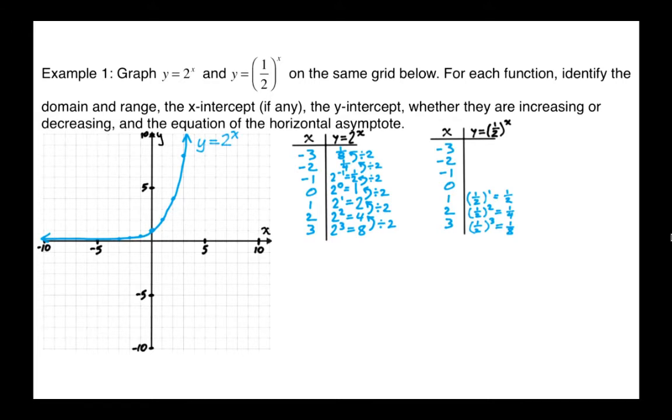Now, similarly to what we did here, notice we were dividing out a factor of 2 each time we were going down here. When we go down each step here, we're dividing out a factor of a half. Now, dividing out a factor of a half is equivalent to multiplying by 2. So notice that 1/8 times 2 is 1/4, and 1/4 times 2 is a half. So if we multiply by 2 again, that will help you to figure out what a half to the 0 is,